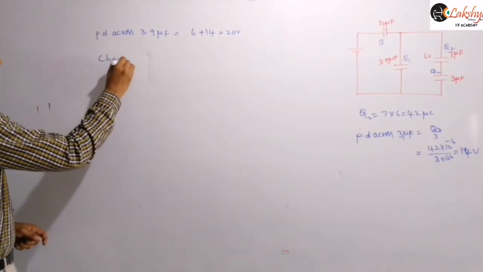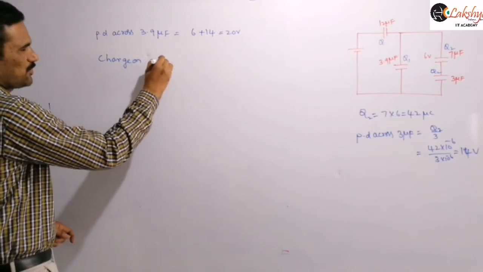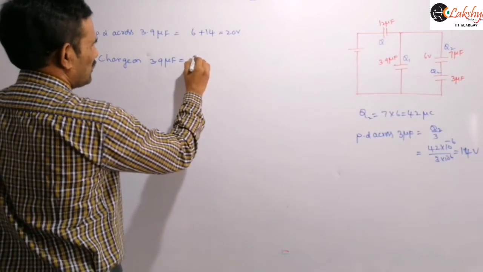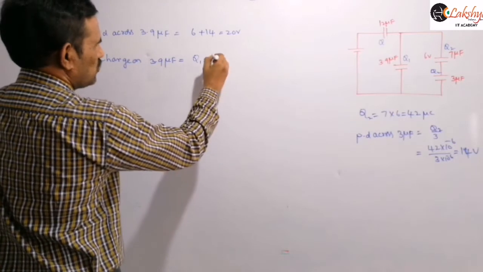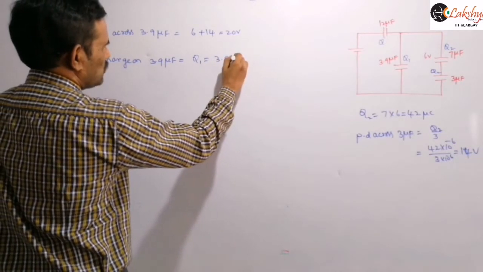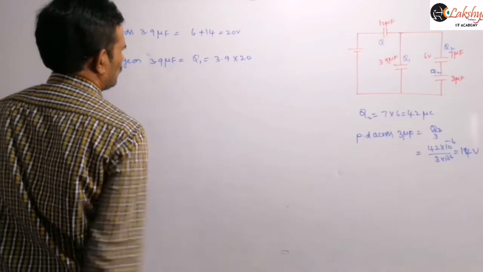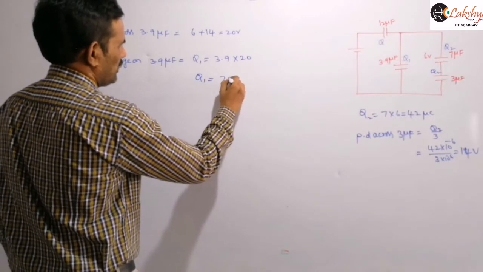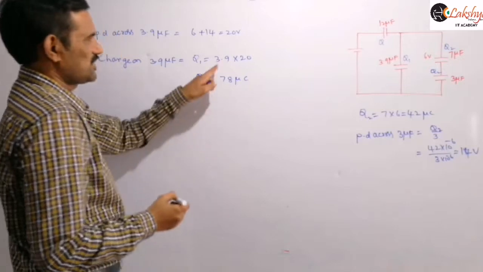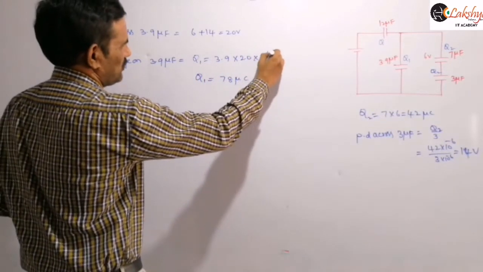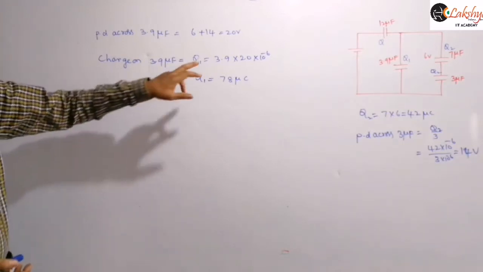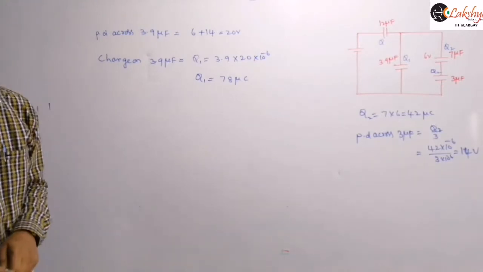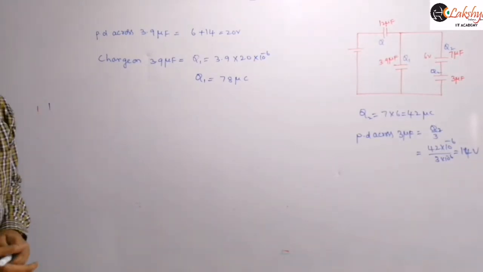So therefore next I am writing charge on 3.9 microfarad, right? And so then you can write this as Q is equal to CV formula, that we are naming as Q1. So then 3.9 into 20. So then you can write Q1 is equal to 78 microcoulombs you will get, because here this is micro, or you can write this as 10 power minus 6 here. 3.9 microfarad is there. So 3.9 into 10 power minus 6 into that potential difference is 20. So then we are getting it as 78 microcoulombs.